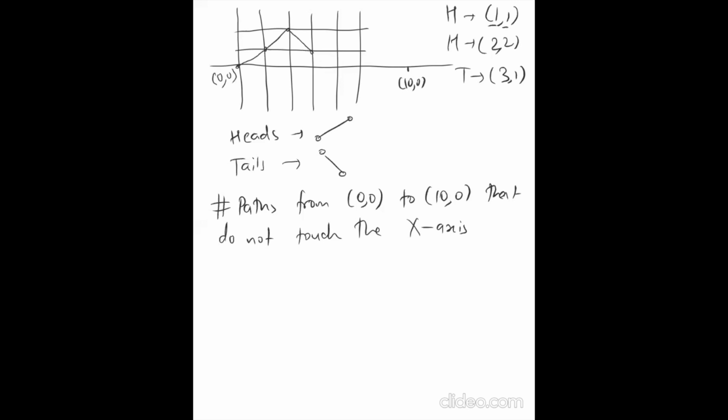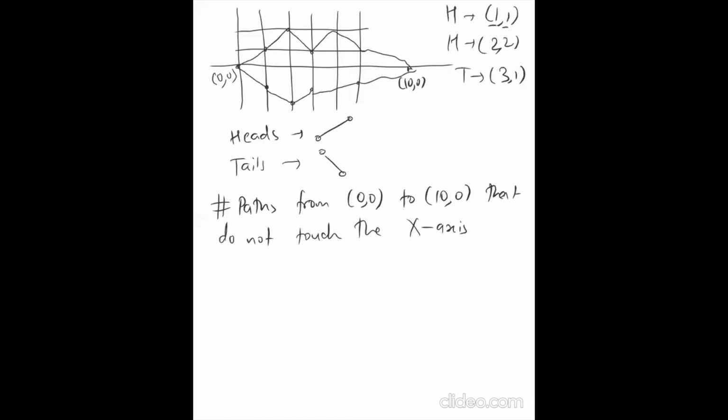Now suppose I have a path from 0, 0 to 10, 0 that does not touch the x-axis, then it has to stay on one side of the x-axis the entire time. Suppose it stays on the upper side, so it always stays above the x-axis. So we've got a path like this, and then it comes to 10, 0 and never touches the x-axis in the middle. So I could just reflect it across the x-axis to get another path again from 0, 0 to 10, 0, which still does not touch the x-axis, but only it stays on the other side.